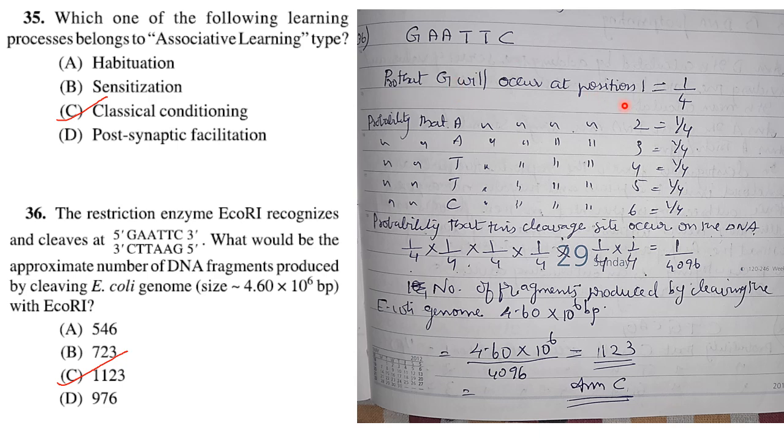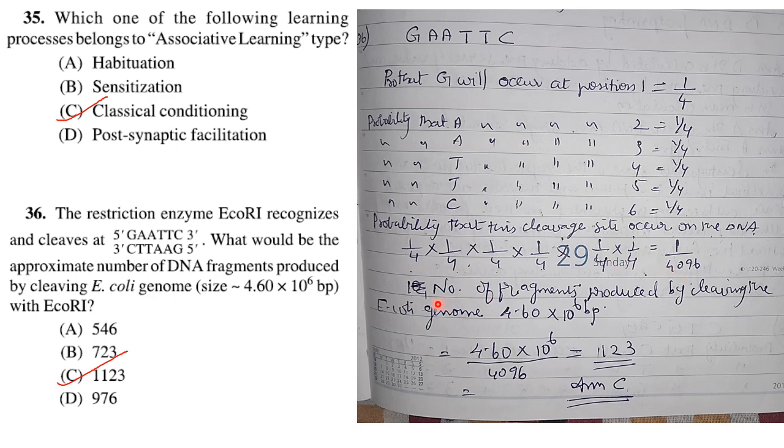Probability that G will occupy the first position is 1 by 4 because there are 4 nucleotides. So that is A, T, G and C we have got, and out of these 4, G will occupy the first position. The probability is 1 by 4. Probability that A will occupy the position 2 is 1 by 4. Similarly for others also. Now probability that this cleavage site occurs on the DNA is multiply all the probabilities and you will get 1 by